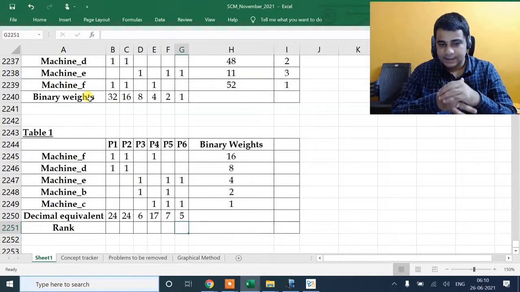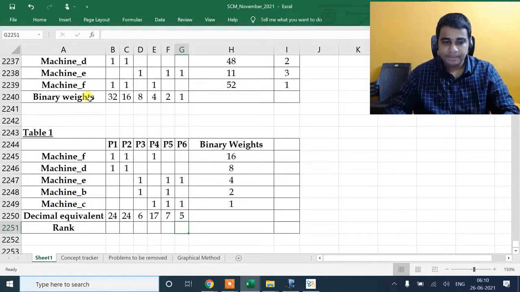16 plus 8, 16 plus 8, 4 plus 2, 16 plus 1, 4 plus 2 plus 1, 4 plus 1. Now there is a tie. You can write any of them as rank 1 and any of them as rank 2, or both as rank 1 also, doesn't really matter. I'm just writing this as 1 and 2. I don't want to change the order.